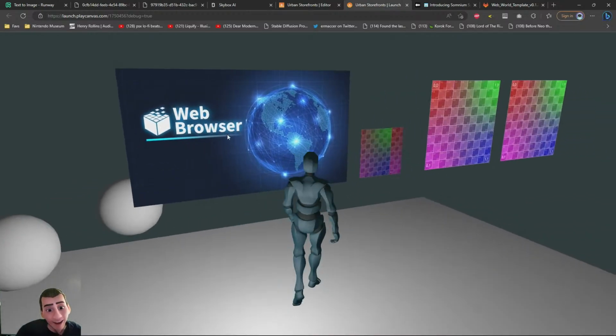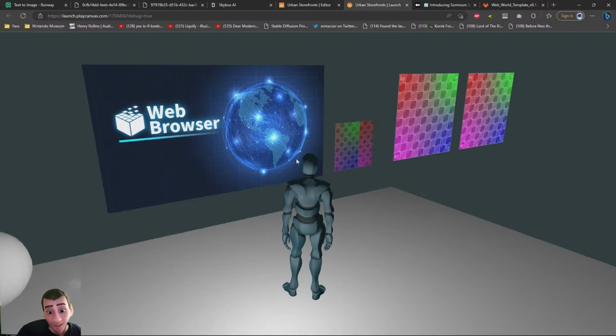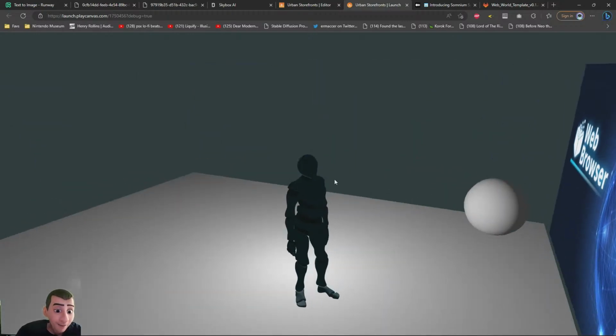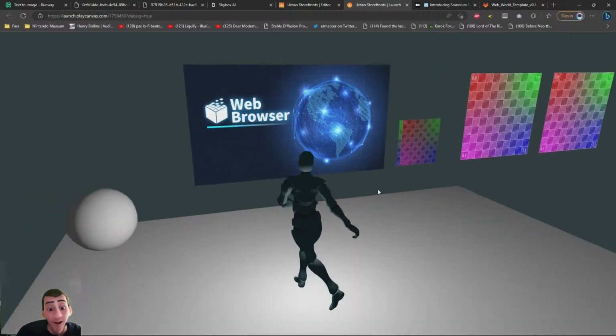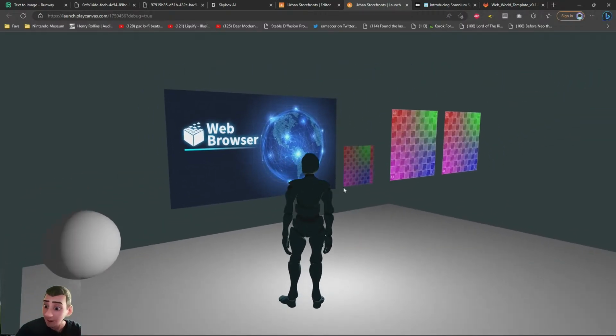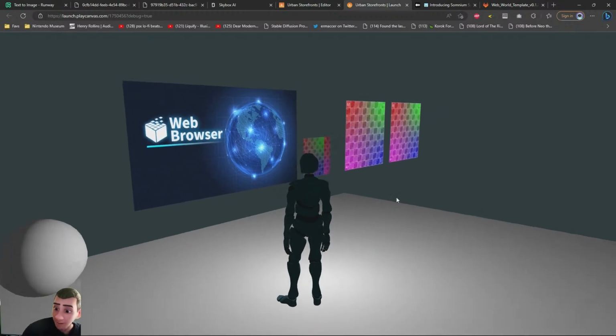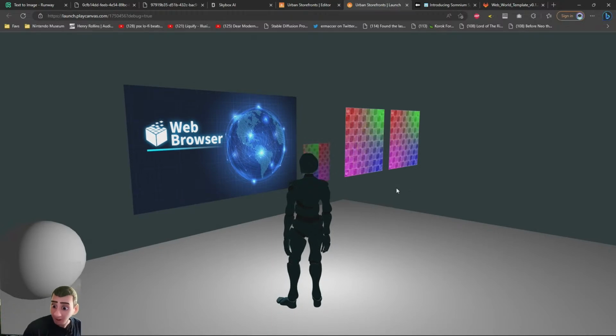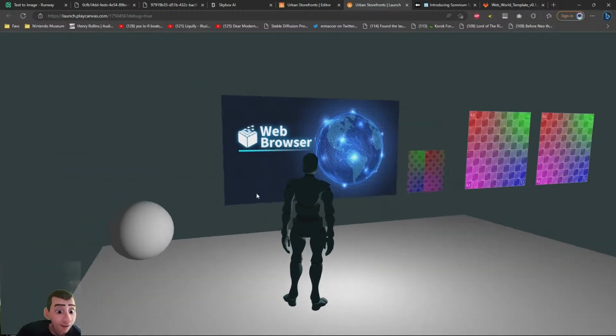So I can't interact with the web browser while I'm testing, but after I put this on a parcel in Somnium Web, that web browser will function. And there's a few other things like that too, like my avatar. I'm stuck as this guy, but when I actually get my web world here that I'm building assigned to my parcel and visit it in Somnium Web, I will have Ready Player Me that looks like Jarek, which is the avatar guy that I normally use. Okay, so